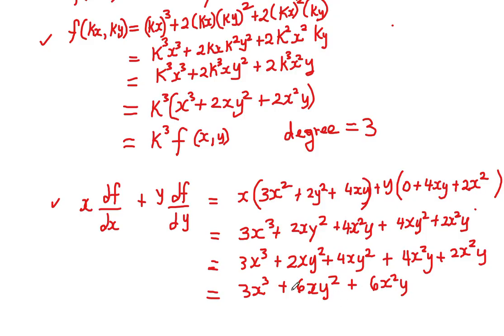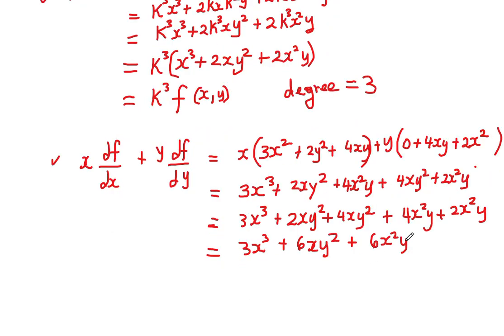Now these two terms here, 6xy squared and 6x squared y, cannot be added because the powers of x and y are different. So now that we've reduced this whole expression, the derivative expression, to its simplest form, we now ask ourselves the question, what is the highest term that I can factor out? What can we factor out here? Well, we can easily factor out 3. 3 is common to all of these, right? In fact, 3x is common to all of them as the highest common factor,